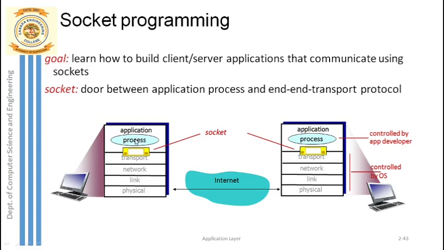So the messenger is my process that is running at the application layer. Now my message will not be directly transferred to the destination. My message will not fly to the destination. Instead, my message will move on to the next layer in my networking stack. What is the next layer in the networking stack? The transport layer.